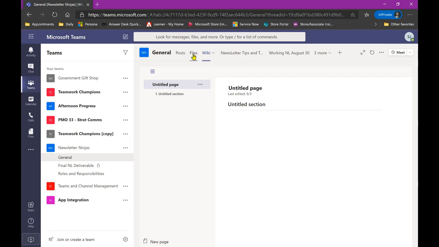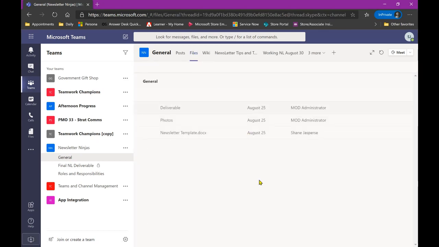So now that I've mentioned the wiki, let's talk about this files menu here. So you will see that this has already been organized a little bit. We have some folders right here. We have a file, the newsletter template, that has already been uploaded. And if you remember,